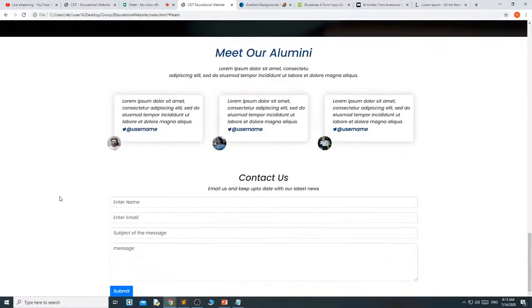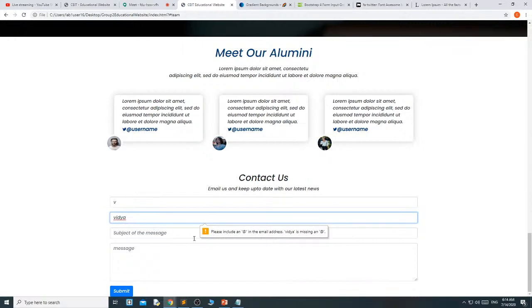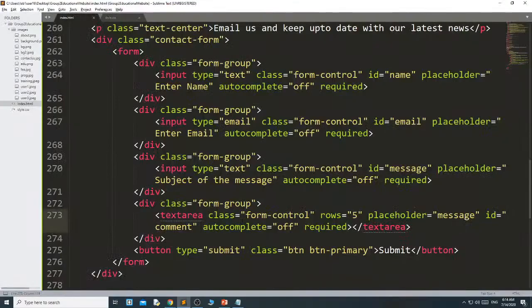Now you see, without filling anything, if I click submit, it shows the error here. Suppose I have filled in the name, again I am submitting, it's showing the error. This validation error will be different based on the browser you are using. Suppose I have written only the name, again we are getting the error that it must have a complete valid email ID. Why are we getting this error? Because we are writing type email.